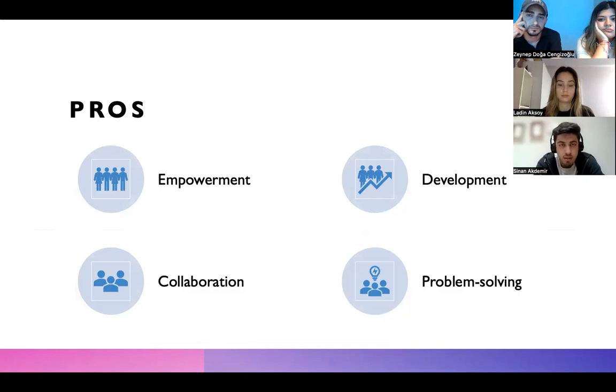For the collaboration part, leaders who utilize the coaching style frequently promote a collaborative environment where the team members can feel at ease exchanging ideas and cooperating to achieve objectives. And lastly, problem solving. Coaching style leaders are excellent at assisting their team members in recognizing and resolving issues, which can result in better decision and issue making. And for the cons part,